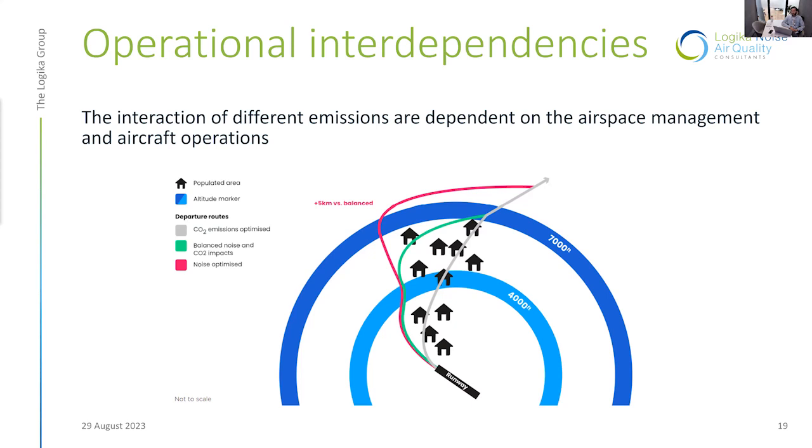But the risk is that we're going to overfly areas that are populated, with residential dwellings underneath. At the same time, if you want to create a route that is optimized for noise, we'll try to avoid this densely populated area. But the effect is that we're going to have a longer route, and therefore more fuel is going to be used, and therefore more CO2 will be emitted. So it's important to find a balance, a trade-off between the two.